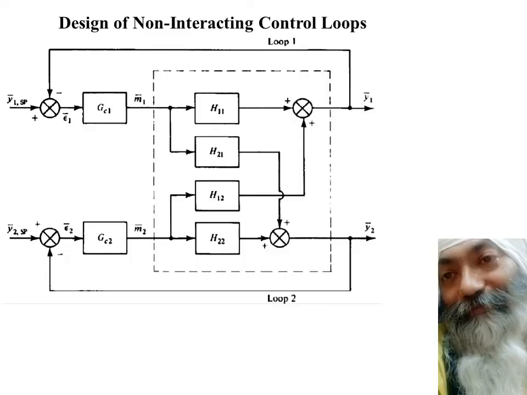Guys, we are here with the third part of decoupling of the interacting loops, and in this third part we shall be doing the design of non-interacting control loops. We had identified some of the parameters. We had determined the value of relative gains, and therefrom we decided which output should be controlled by which manipulated